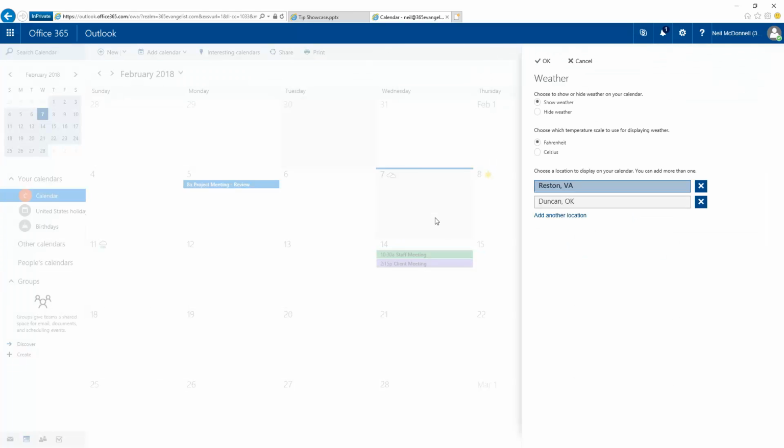You just hit Edit. And when you come in, you have the configuration window that allows you to make some basic decisions. Do you want weather on your calendar or not? I kind of actually like it, so I'm going to leave it there. You can choose which temperature scale you choose, whether it's Fahrenheit or Celsius. Most of that stuff I'm going to leave, and really we get down to the meat of it, which is,